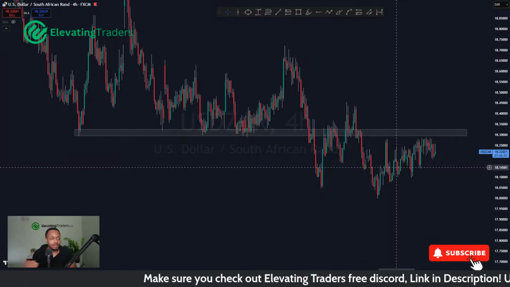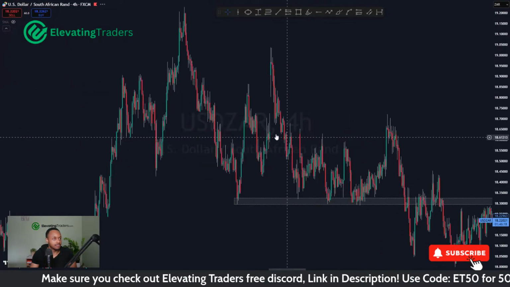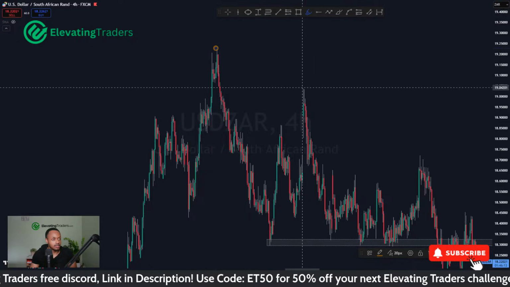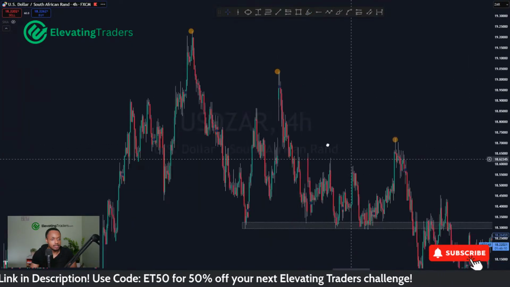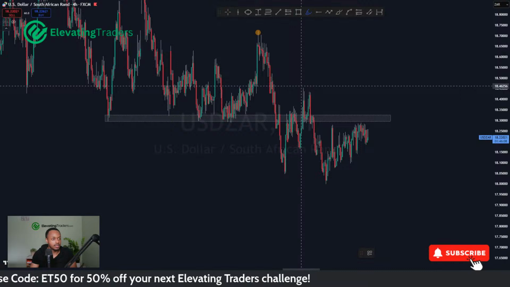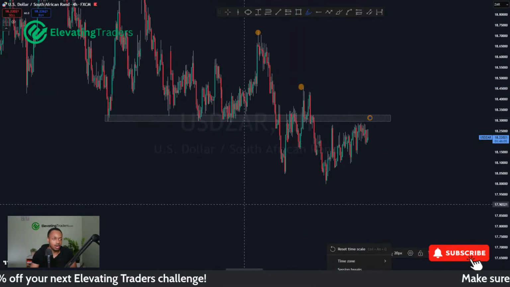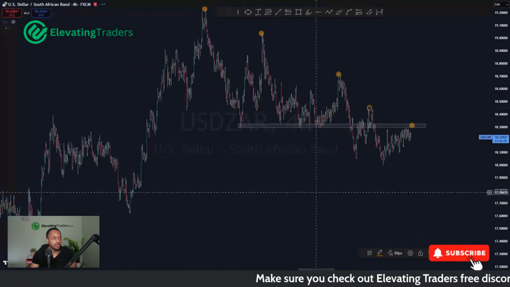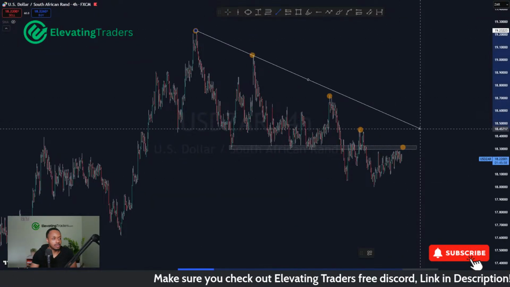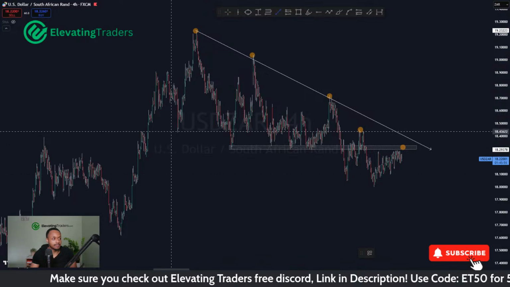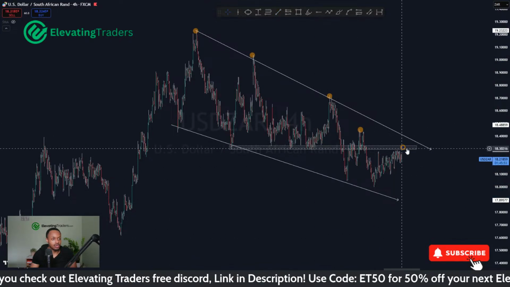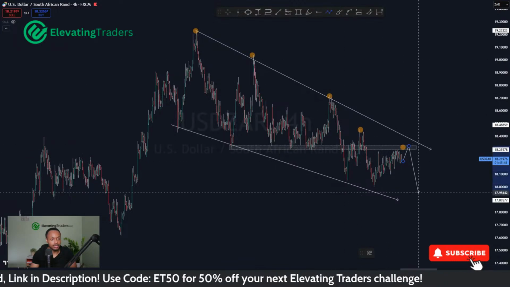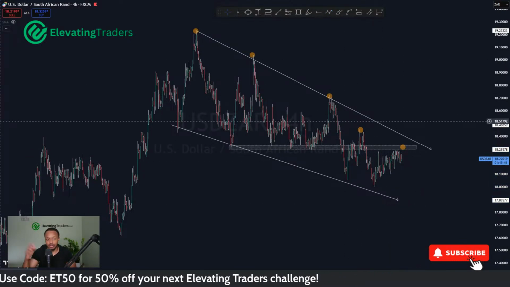The way I see it, price has been pretty consistent with these lower highs. We've got one over there, second, third, fourth, and potentially a fifth is brewing up as well. So that is basically the plan here with USDR, because the market is just moving very steadily in this bearish channel, now approaching some resistance. Not quite the trend line, but into that bearish territory where we can see another drop and another swing to the downside.